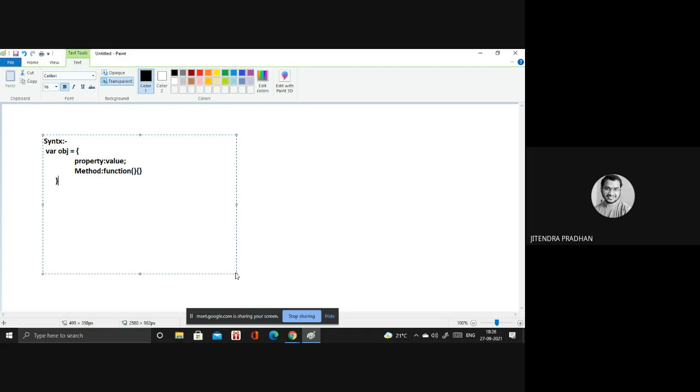So what is an object, what is a property, what is a method? I hope you got an idea about that. What is the syntax of that particular object? How do we write these things? Because when we write a property and value, we separate them using a colon. Have you observed that? The method and function are also separated by a colon. We design it in that way. Okay, this is the object.